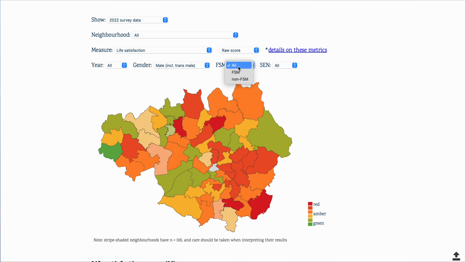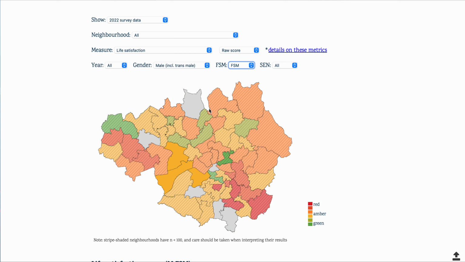If we filter even further, you'll see lots of neighbourhoods now, the responses are lower than 100, and also there are some greyed out neighbourhoods. So Bury North here is greyed out because we have fewer than 10 responses, so we don't report data when there are fewer than 10 responses for a given filter. So boys eligible for free school meals, reporting on life satisfaction, there are fewer than 10 in this neighbourhood, so it doesn't produce the data because of the disclosivity risk. So I'll just reset it all